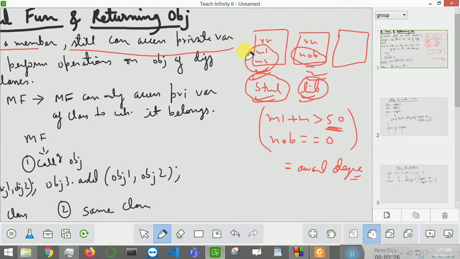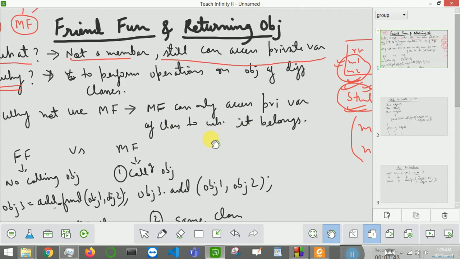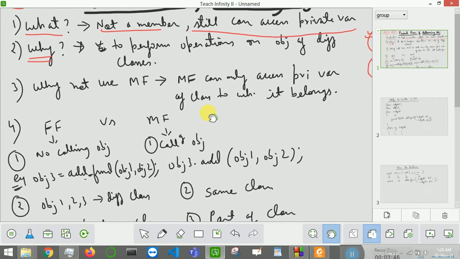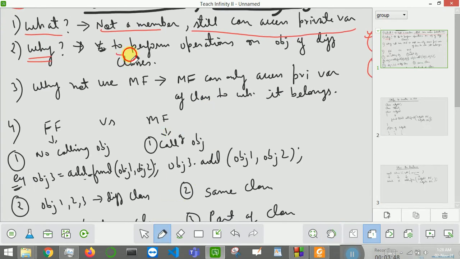Marks information is provided in one class and number of books issued by the student is provided in the other. So if you want to perform operations on objects of different classes, then you have to use a friend function. So now you have understood why you use a friend function.